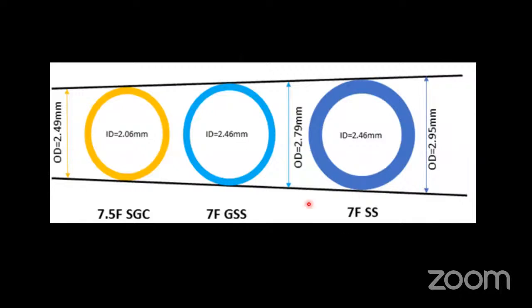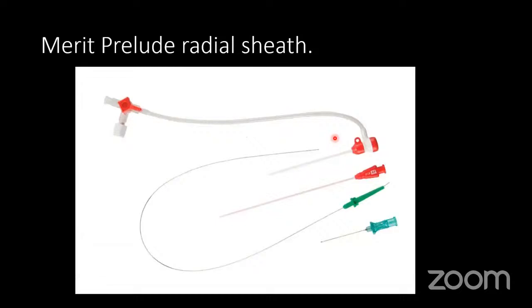So this is the concept of a thin wall. Here we can see a large catheter with inner diameter 2.46. Here we can see a small catheter having a thinned wall with the same inner diameter. Example of a 4-inch